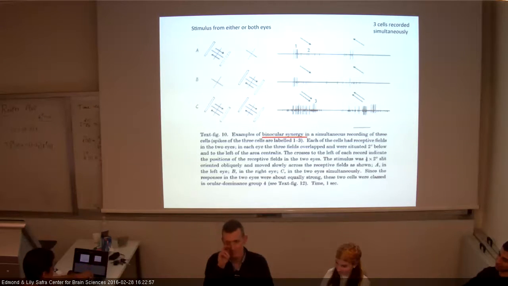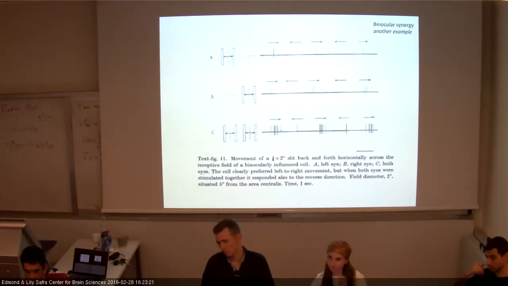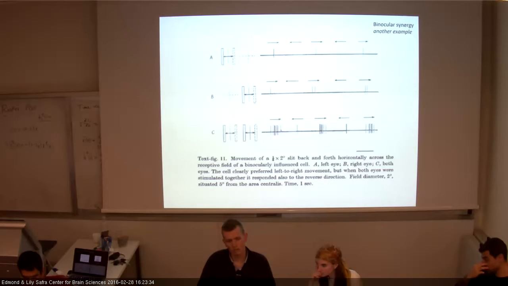I have a question. They talked about when the specific cell type responds better to both sides, so it's important that it's the same stimulus. My question is, once it falls on 2 eyes, isn't it a bit different the way it falls on the 2 retinas? Since we talk about direction and exact location of the stimuli, if I have a stimulus here, it falls differently on the 2 retinas, a bit different. The direction and the way